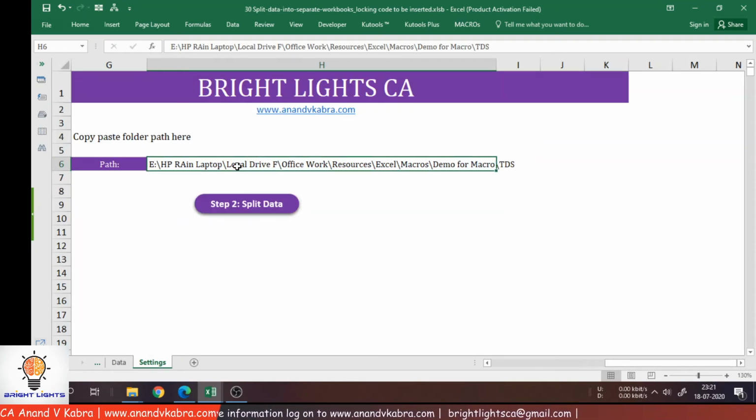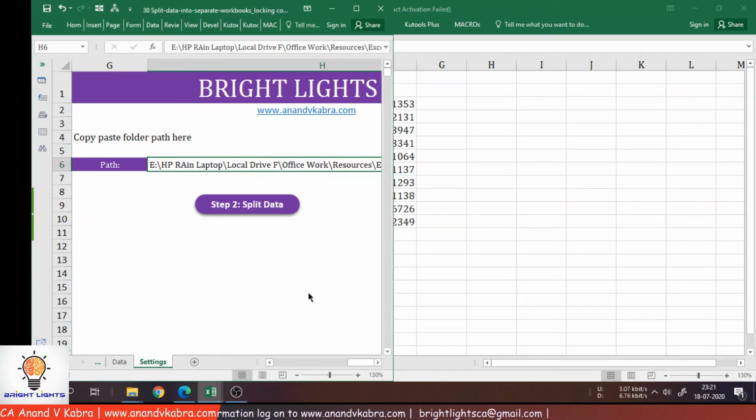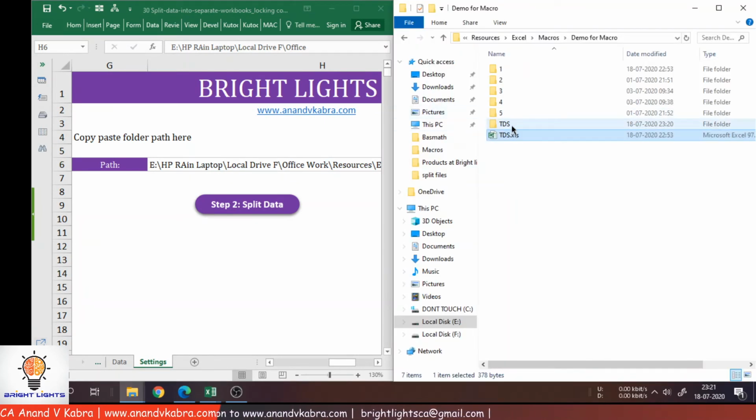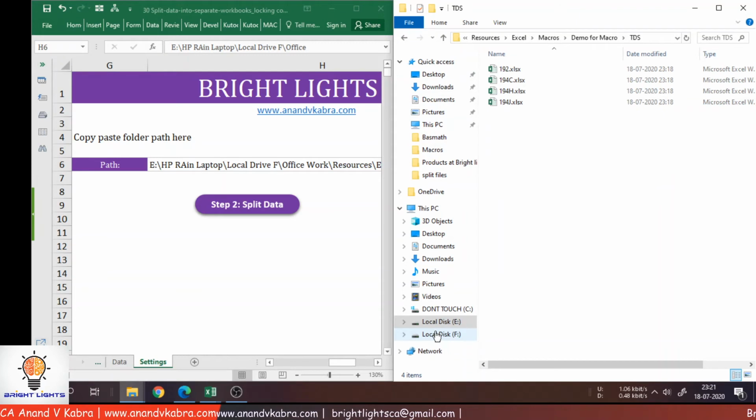Keeping the same path given earlier, I'll check. Let's check out what happens here. There were 4 files created earlier.